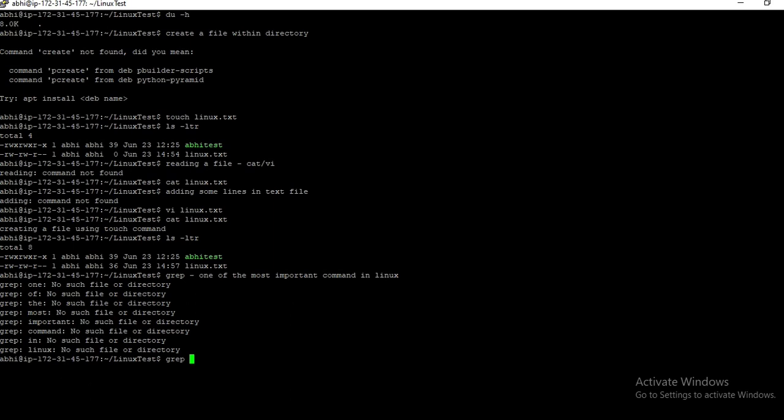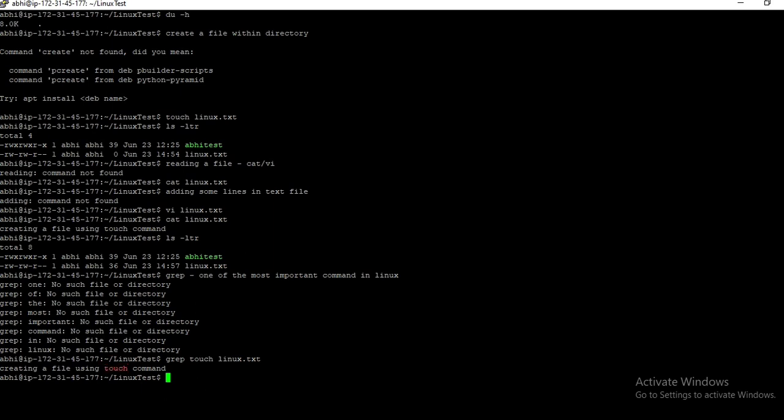So how do we use it? Let's say we'll type grep. Grep is the command, and we want to find a particular text in a particular file, so we'll give grep, then the phrase that you want to search, and the file name. Here the file is linux.txt, and we wanted to search the word phrase.